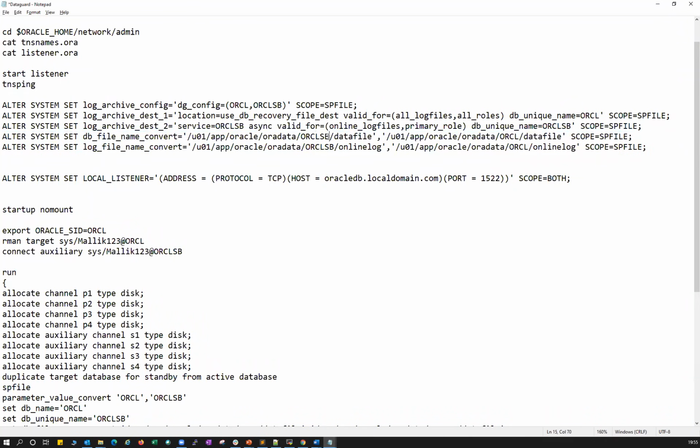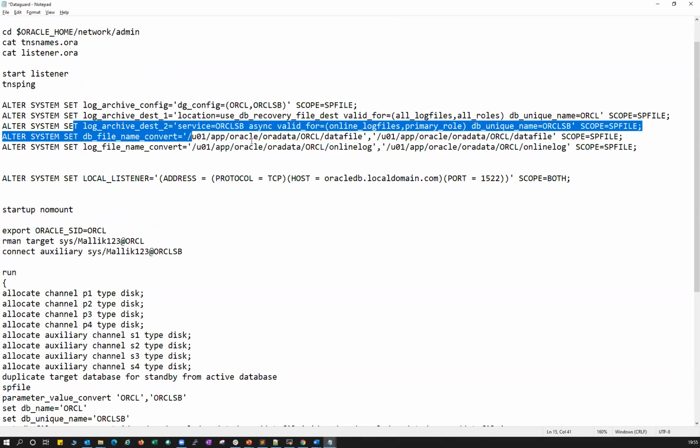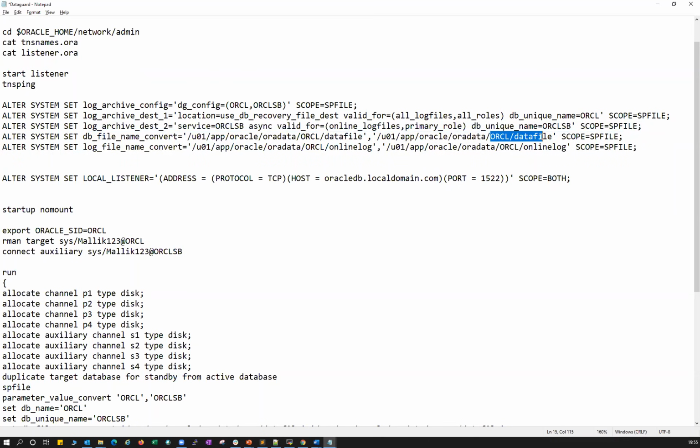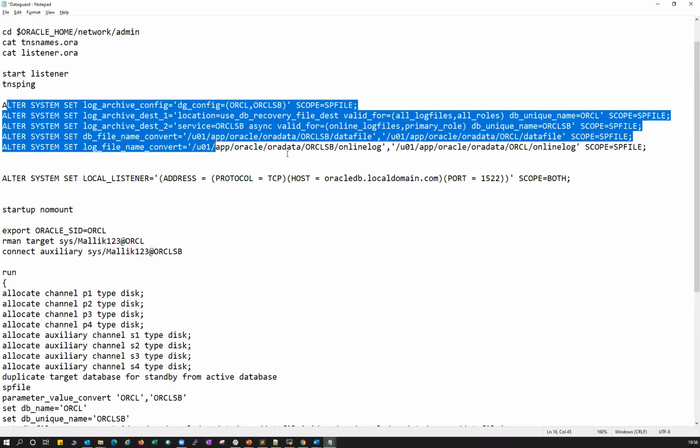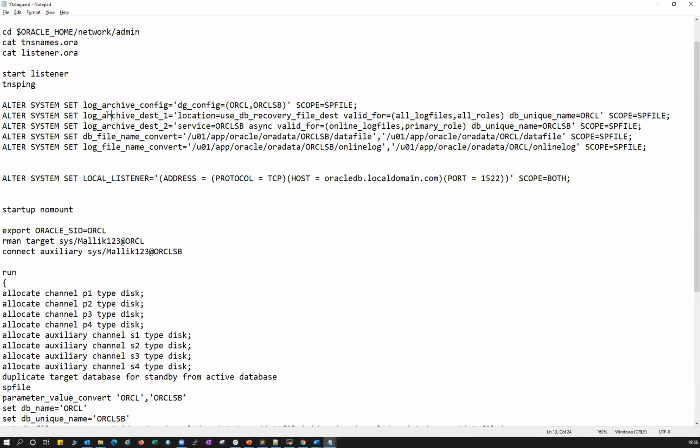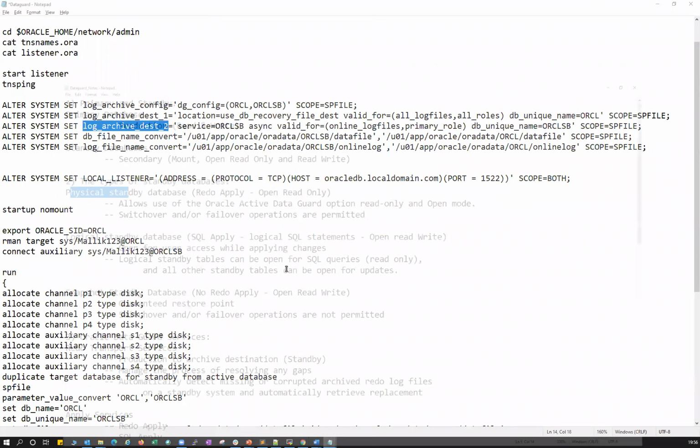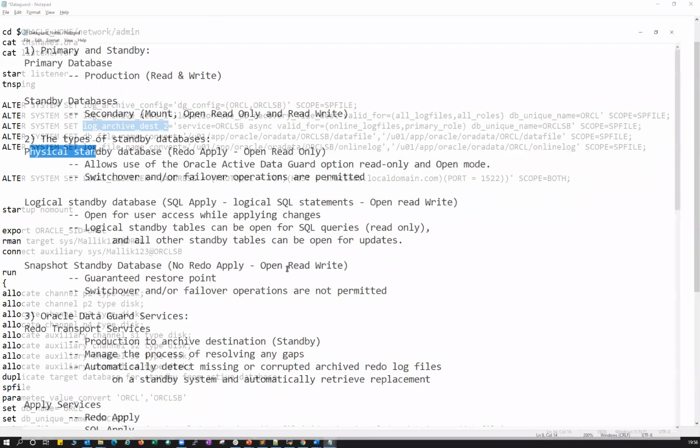These two parameters are very, very important when you are going to build a different file system structure on the standby side. If you want to go ahead with ORCL and ORCL, you need not mention anything about these two parameters, because whatever the production data file structure is, the same will be followed on your standby side. So if you have a different file system directory structure, then you need to give this DB file name convert and log file name convert. Hardly these are 5-6 parameters. If you set them at your production side, you will be able to build your standby database.